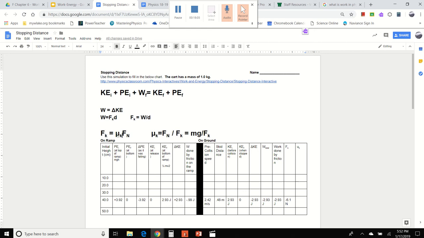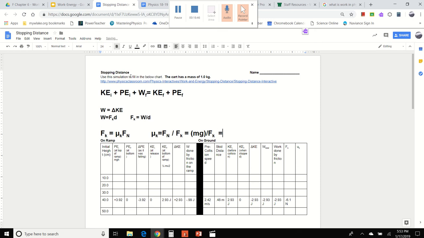Moving this equation around to solve for the coefficient of friction, we get this equation here. Mu k is equal to Fn over Fk. Remember, Fn is the normal force, that support force of the ground upwards on an object. When we're on a horizontal surface, not accelerating up or down, it is just going to equal the weight of the object. The weight is found by doing m times g. So to solve for this last step, to find that coefficient, we get mg, the weight of the object, over Fk. Now for this particular object,